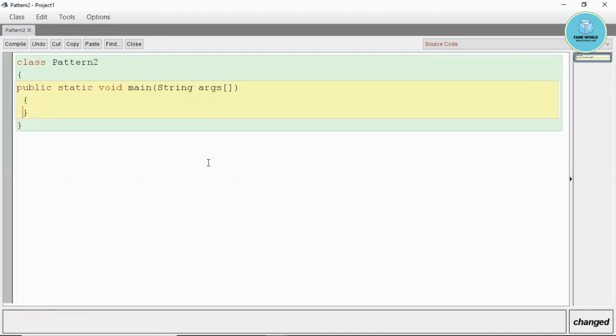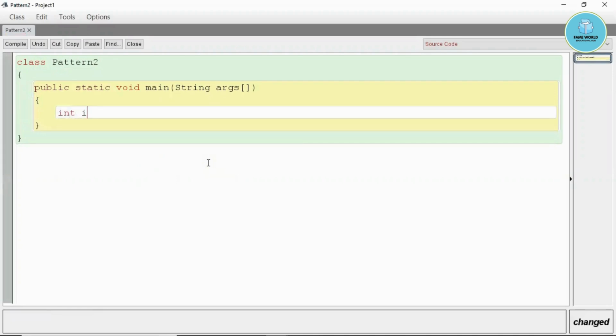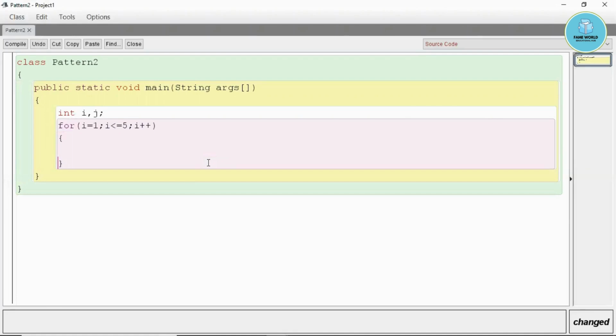Okay, I'm going to take integer I and j again. For I equals to 1, I less than equals to 5, I plus plus. Then for j equals to 1, j less than equals to I, and j plus plus.